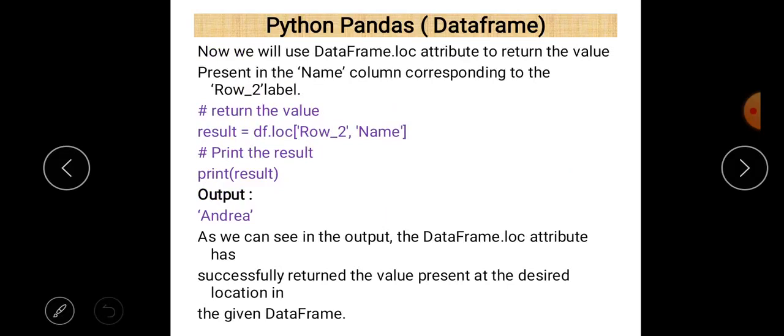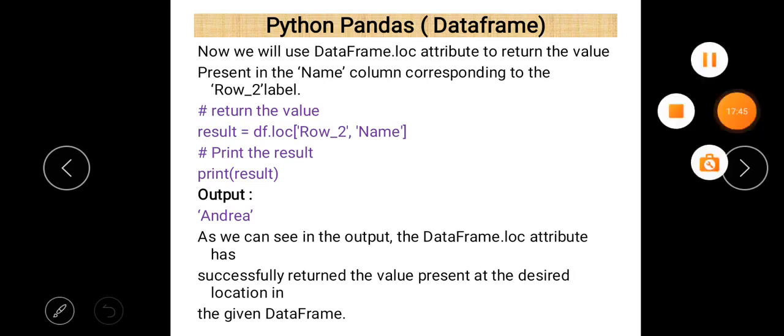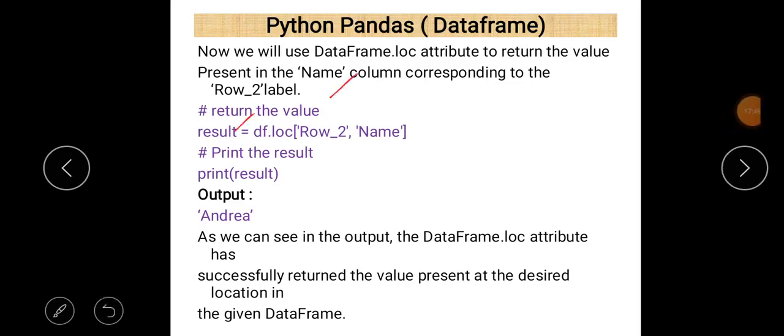Now we will use the dataframe.loc attribute to return the value present in the name column corresponding to the row_2 label. To return the value, write result, then the name of the data frame, and after that .loc.